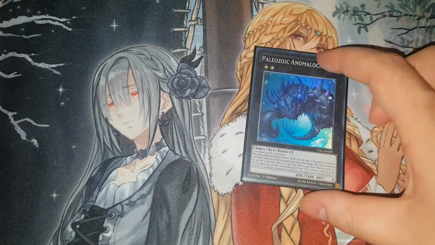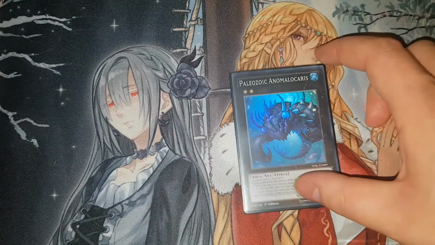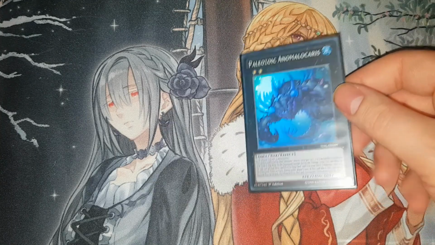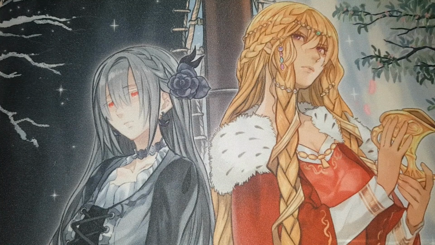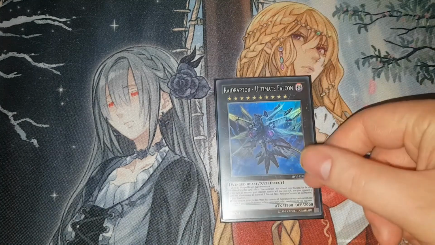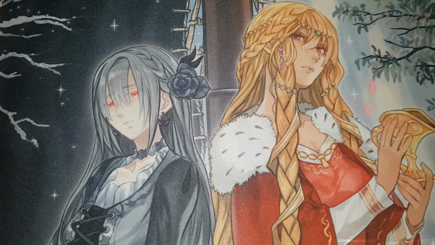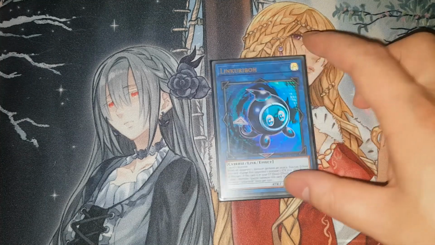An Amalekris. Again, it's probably better than Opabenia. It comes up more, but it is harder to make, so it's worth playing 1 of. 1 copy of Ultimate Falcon, so as you probably guessed with the Trap Trick we are playing Waking the Dragon, so 1 Ultimate Falcon. Then for the Scapegoat we're playing a Linkaribo,